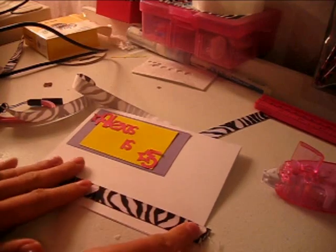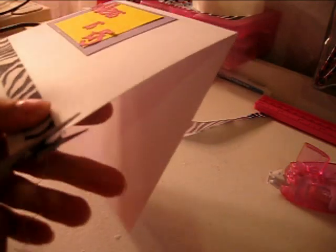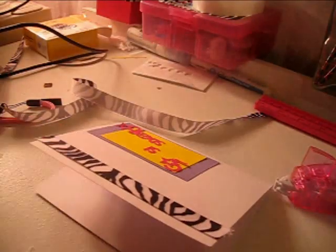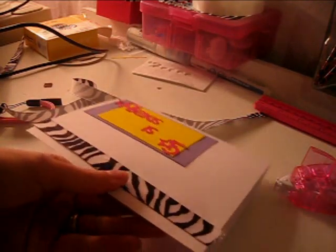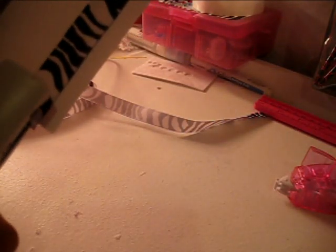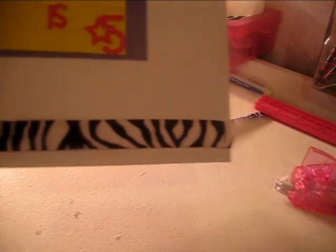And then I'll trim the ribbon up, and for a different look I'm going to use the Tim Holtz tiny stapler to staple the ribbon in the corners because I think it will just give it that funky look for something different. So I'm going to try to staple within the white so that you can see it. And I don't know if you can see it on there, but it just adds a tiny little silver